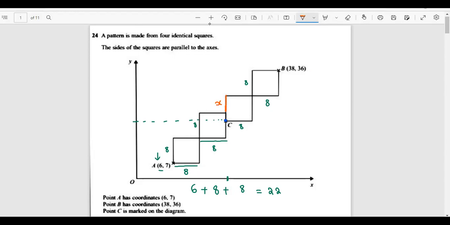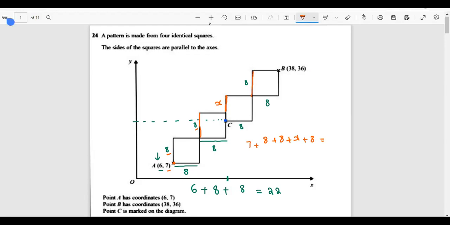But all I can see is that 8 plus 8 plus X plus 8, and plus the 7 as well. 7 was the existing Y height. So 7 plus 8 plus this 8 plus this X plus this 8 is equal to